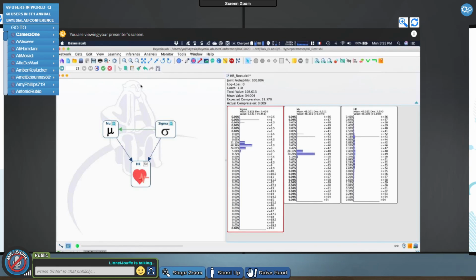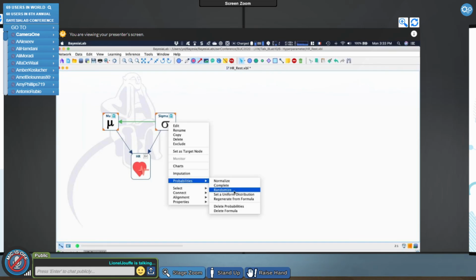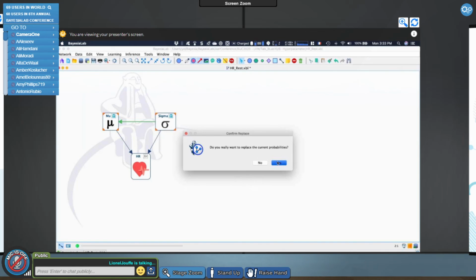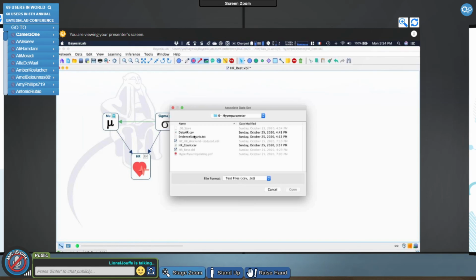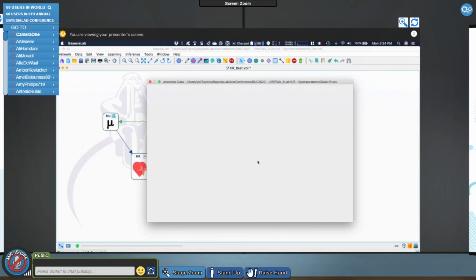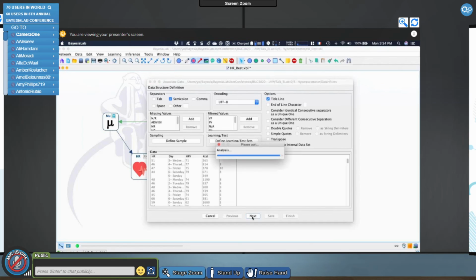So I'm going to go back to square one, just do probabilities, set uniform distribution, and then bring back my data set here with the original one with the days. And I'm speculating that they can have an impact.